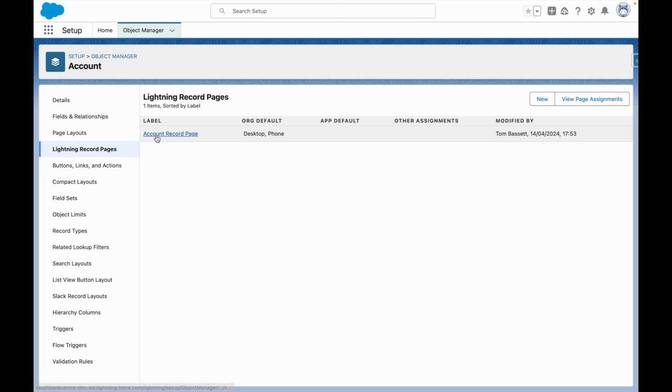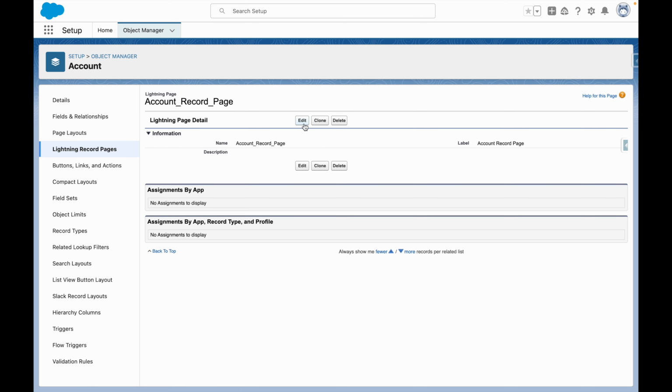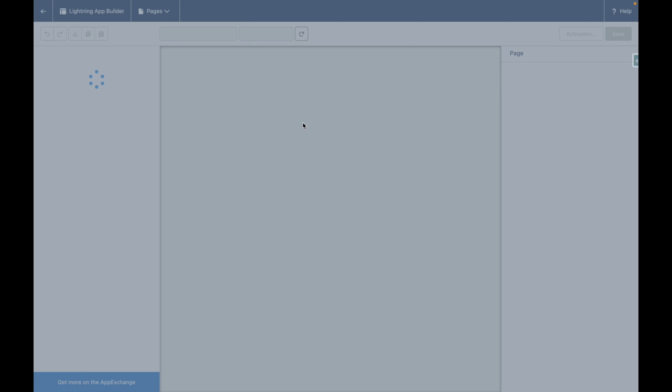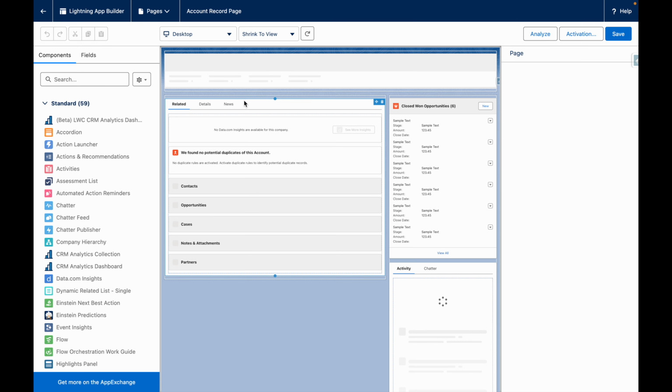Now going back to my Lightning record page, on my account record page, when I edit this, you'll now see that the external ID field has been added